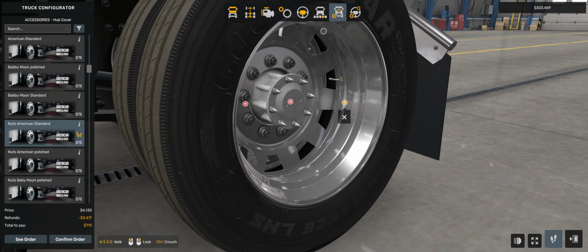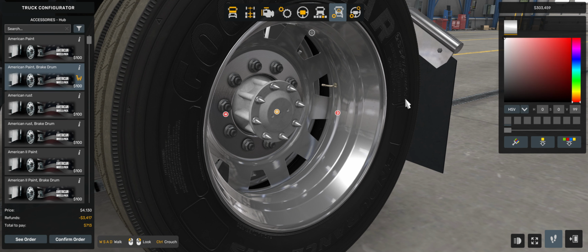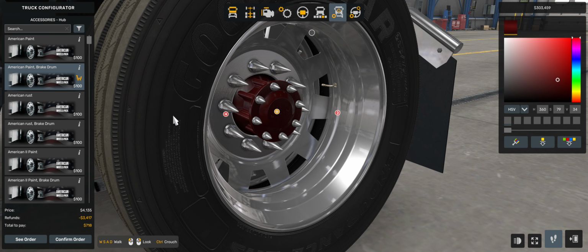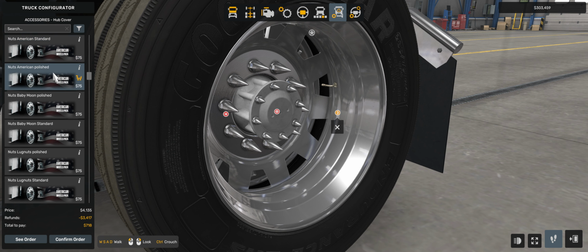So this is actually pretty cool back here. If you want to do something to match your truck, so our truck's like a dark red, you could have it match your lug nuts around, or your lug nut covers. So I do kind of like that. Whoopsies. Polished, Baby Moon, just regular lug nuts,